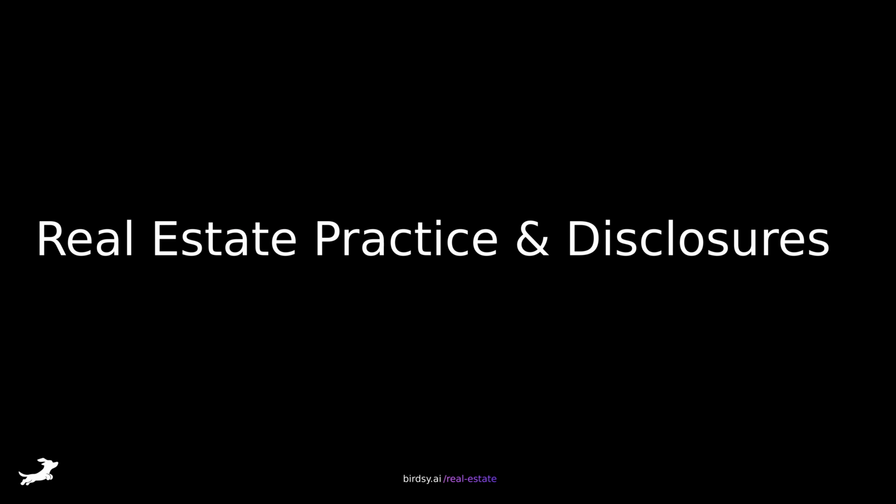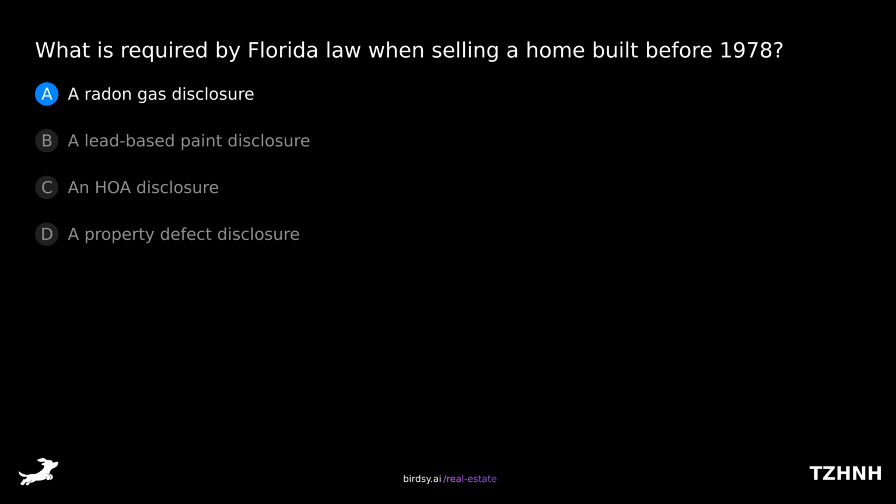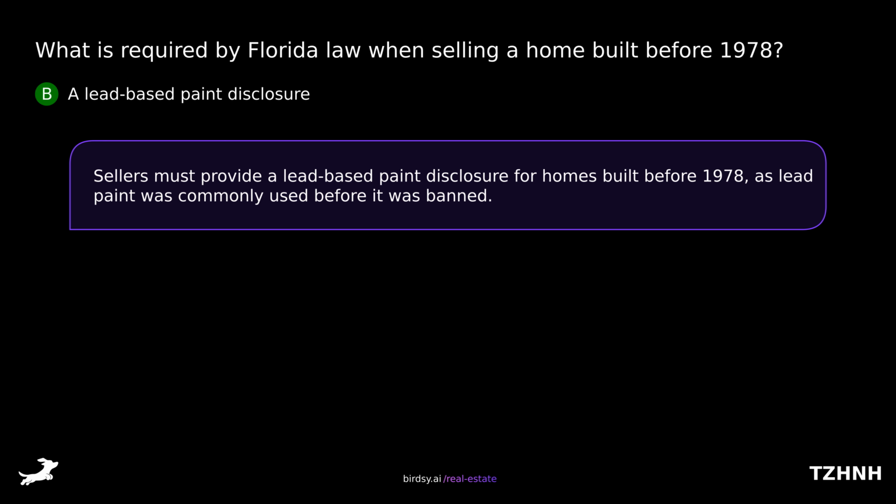Real estate practice and disclosures. What is required by Florida law when selling a home built before 1978? Is it A, a radon gas disclosure? B, a lead-based paint disclosure? C, an HOA disclosure? Or D, a property defect disclosure? The answer is B, a lead-based paint disclosure. Sellers must provide a lead-based paint disclosure for homes built before 1978, as lead paint was commonly used before it